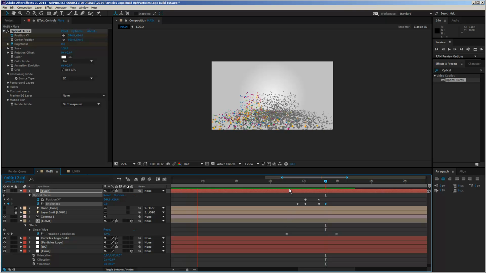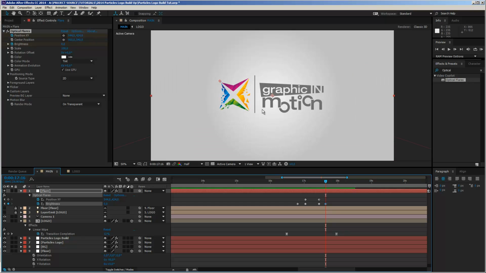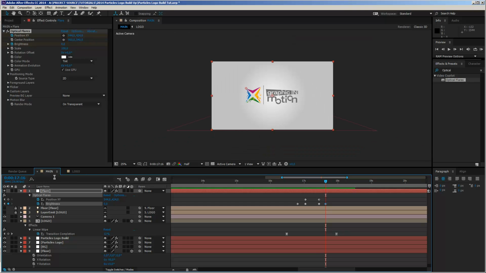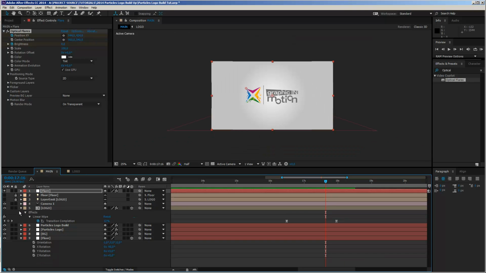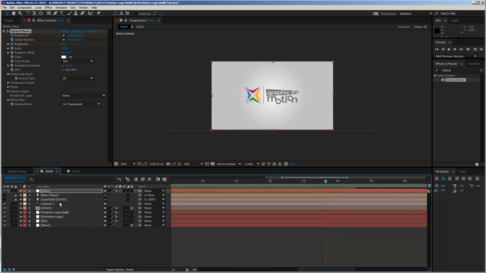You see particles come together, rise up in the air, form our logo, and now our logo is being revealed with a very, very simple flare move. You can of course spend a little bit more time to make this a little bit more beautiful, but I think that you get the basic idea. And last but not least, we will create a nice camera move.